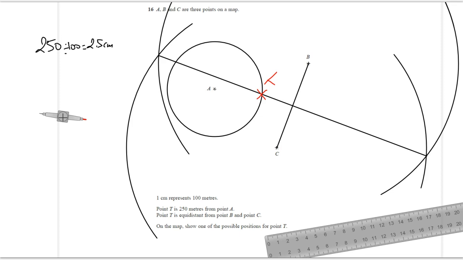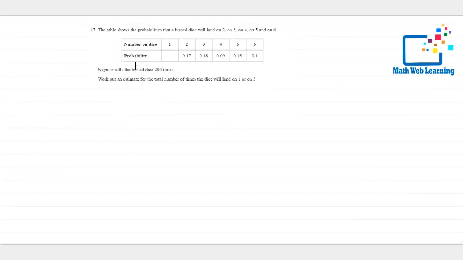Next question is question 17. All right, question number 17 is a question on probability. So we have a dice that has been rolled 200 times, and these are some of the recordings. We need to work out the probability of landing on 1. To do that, you need to add all these probabilities and deduct the sum from 1. So let's do that. Probability of 1 equals 1 minus, and you add all these, plus 0.18 plus 0.09 plus 0.15 plus 0.1, and the answer is